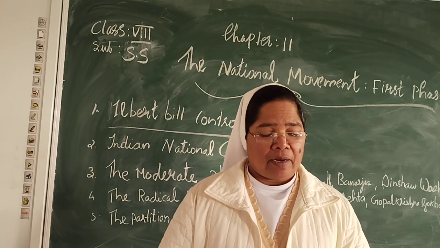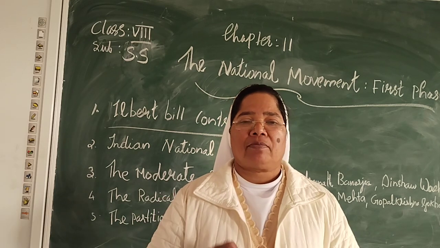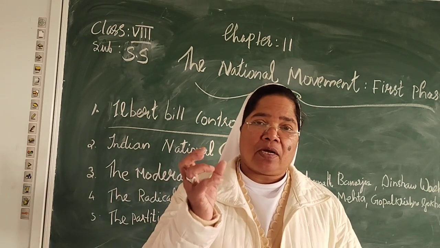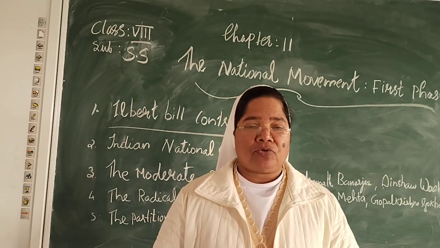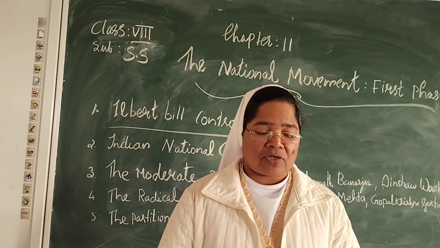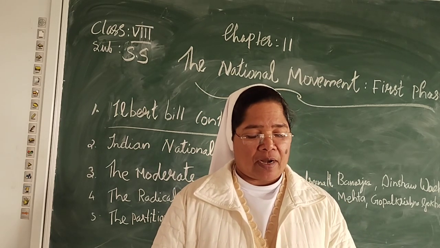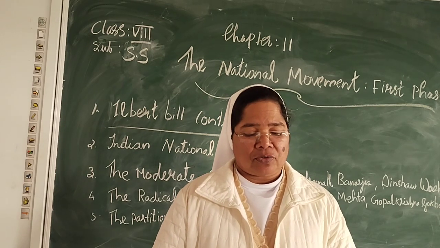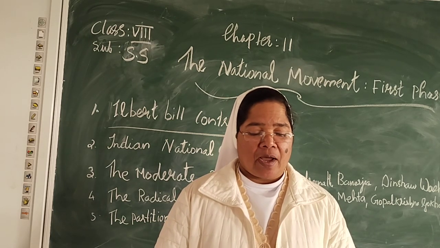The partition was a deliberate attempt to weaken the movement and sow seeds of disunity between Hindus and Muslims. That is another big point, the disunity among our Indian people. We are together, but there was disunity among the Hindus and Muslims. The decision was widely criticized, and almost all sections of society rose in opposition. Demonstrations and public meetings were held throughout Bengal. People of all communities tied sacred threads on each other's wrists and expressed their solidarity.